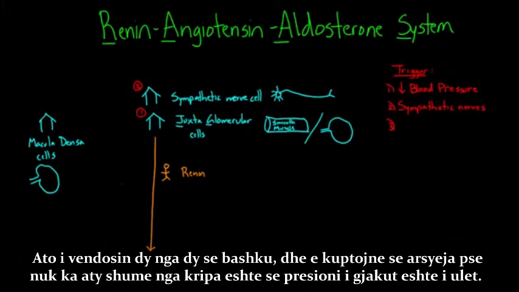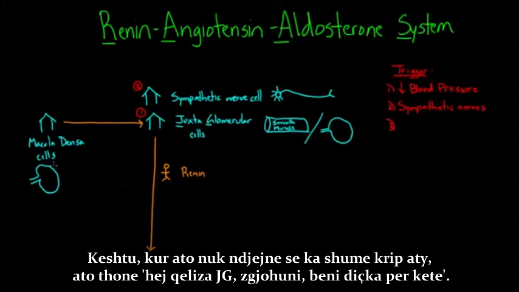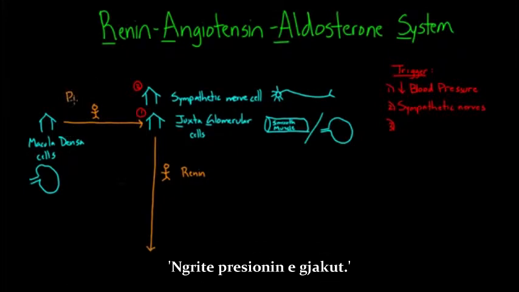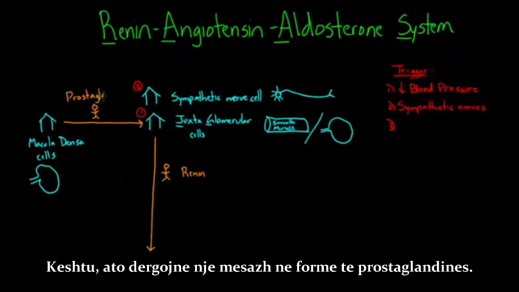And they put 2 and 2 together, and they realize that the reason there's not a lot of salt is that blood pressure is low. So they say, hey, JG cells, wake up, do something about this, raise blood pressure for us. And so they send a message over in the form of